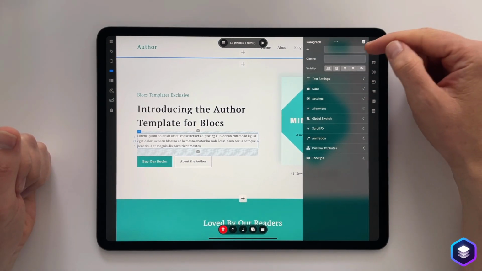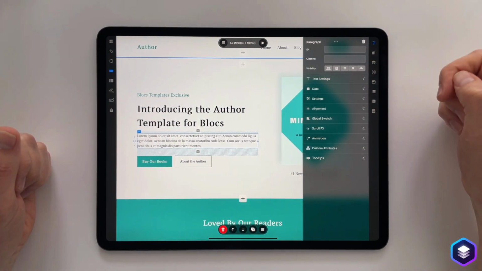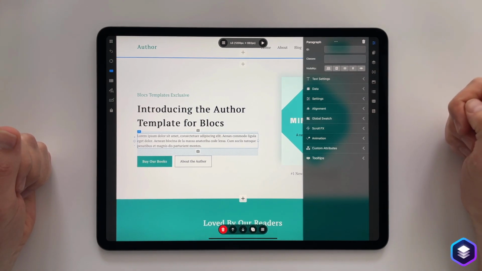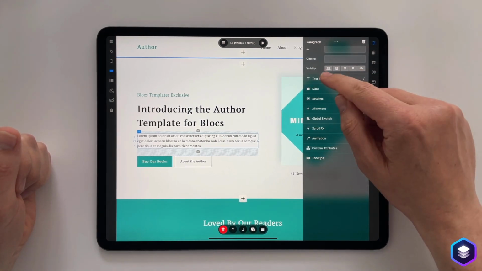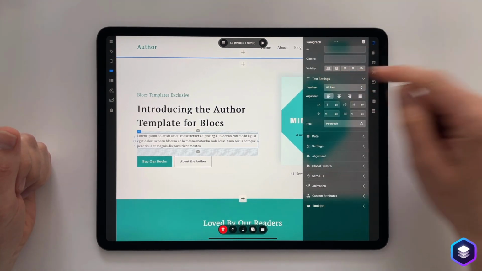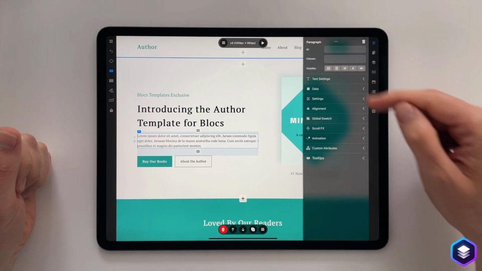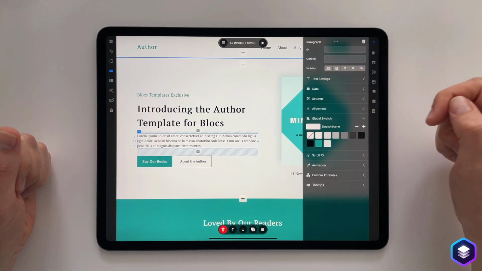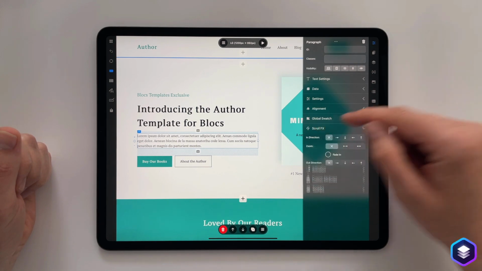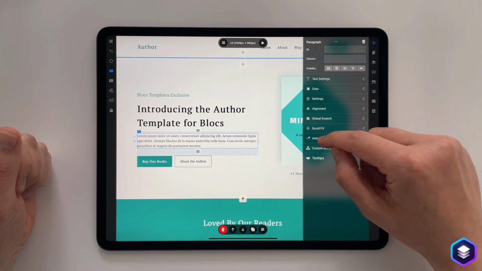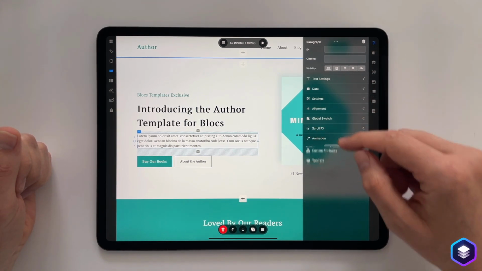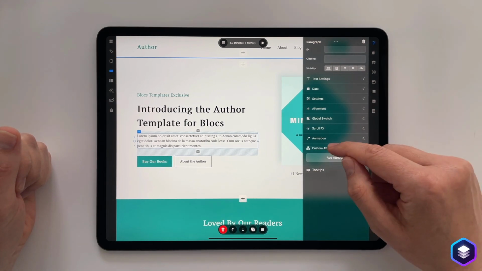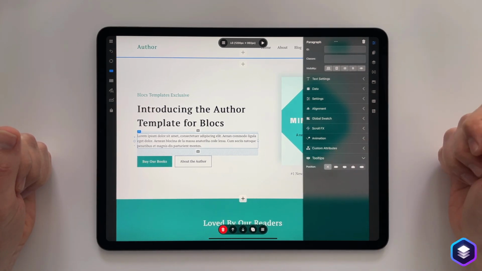We have the ID, the classes field, all of the visibility controls, the text setting controls, which will look familiar. But as well as that, we also have things like global swatches, scroll effects, animation, custom attributes, and tooltips.